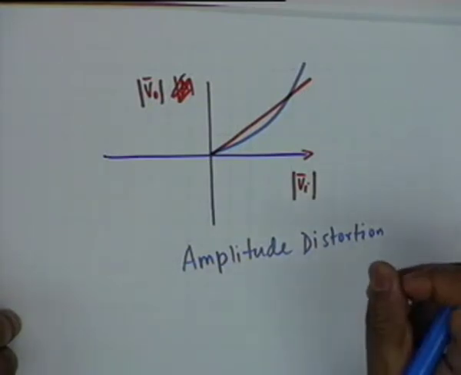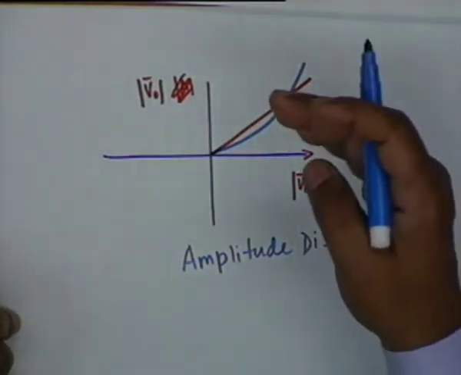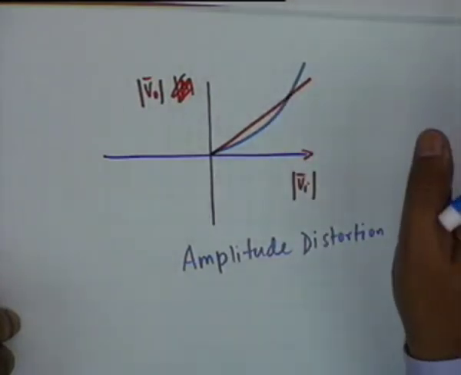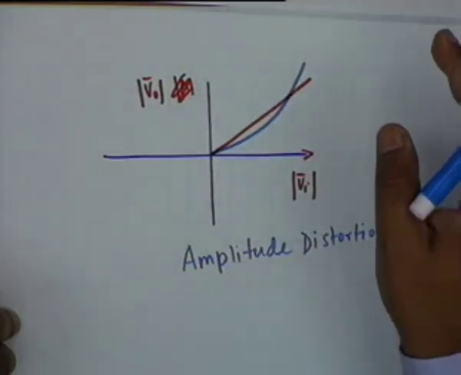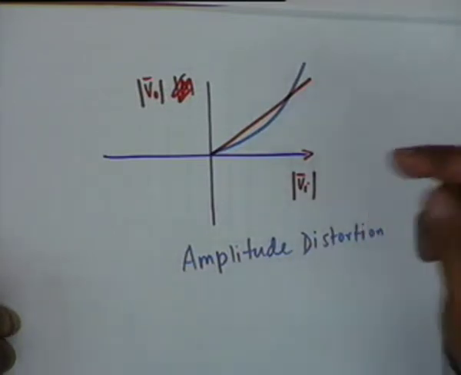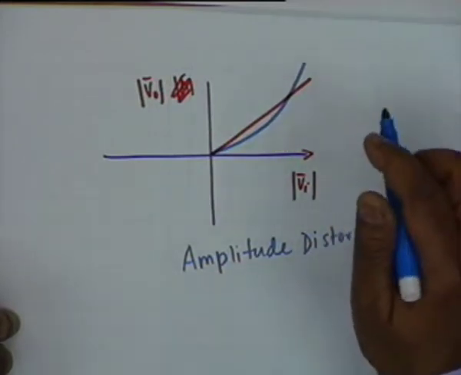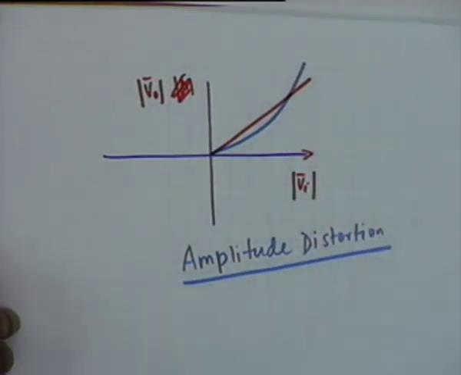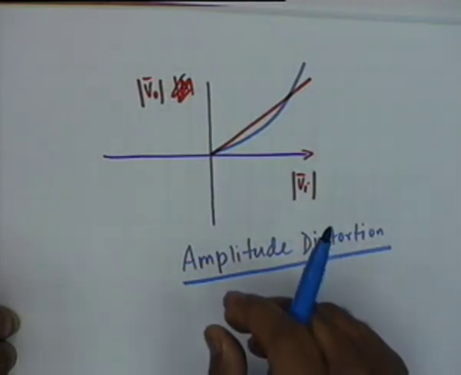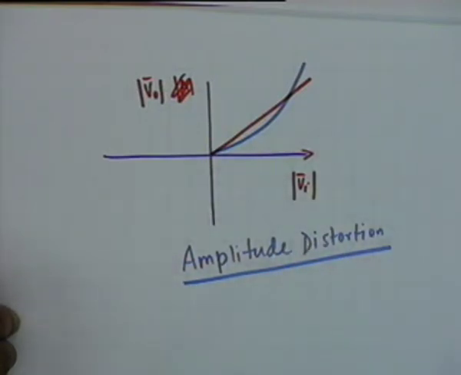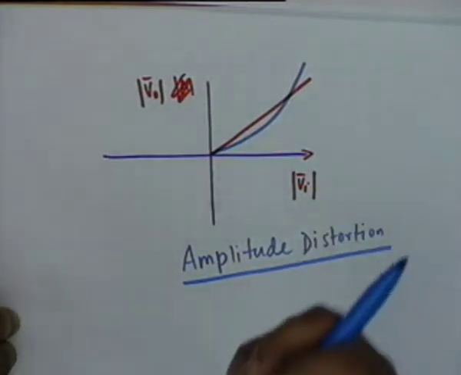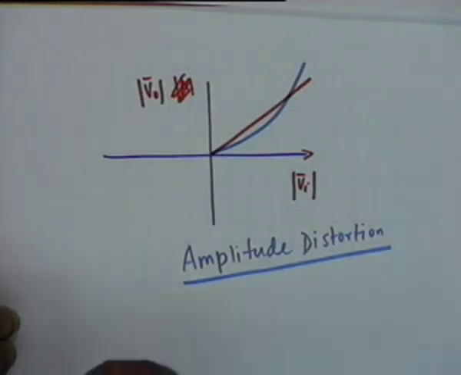Is that clear? The characteristic that I want is that the output voltage should be linearly proportional to the input voltage. If this is not so, then a sinusoidal signal shall not give rise to a sinusoidal output. It shall give rise to a distorted sinusoid, and under this condition we say the amplifier produces amplitude distortion, which is very commonly the case with public address systems, particularly those used for large rallies and so on. The voice is not detectable. In fact, if you put music on such a public address system, it is massacre.